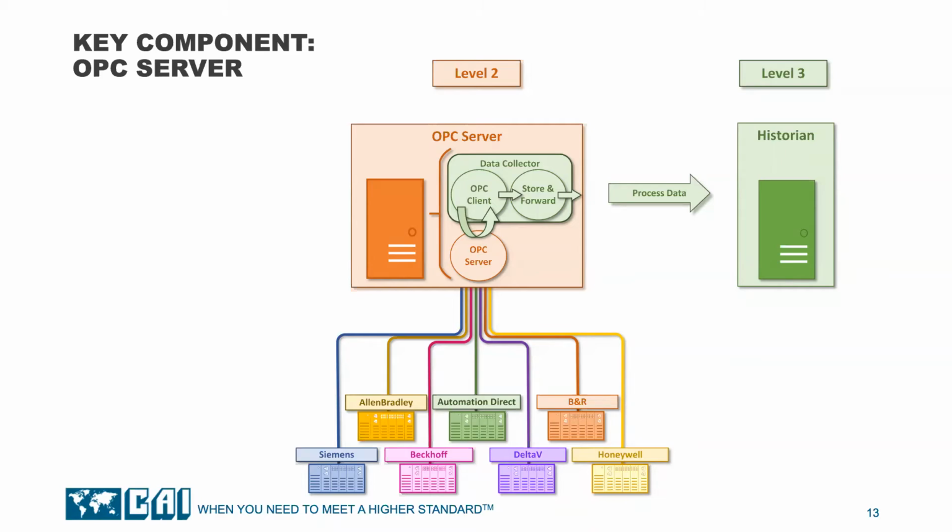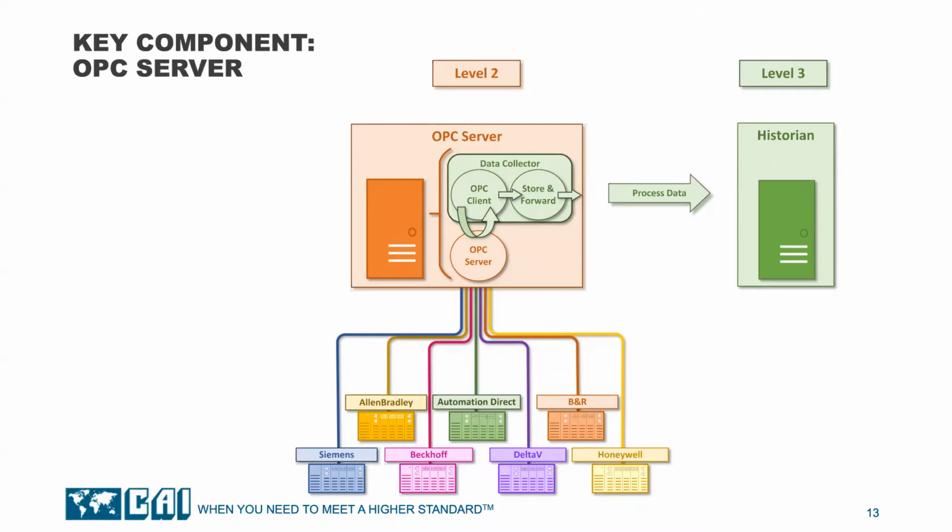There are a number of vendors that make OPC servers. Some of these products have advanced features to include OPC server redundancy, such that the OPC server software can be installed on multiple computers so that if there is a problem with one of the computers, the other computer can continue to make the process data available to the historian and other process control systems. This feature eliminates the OPC server as a single point of failure in our data infrastructure.